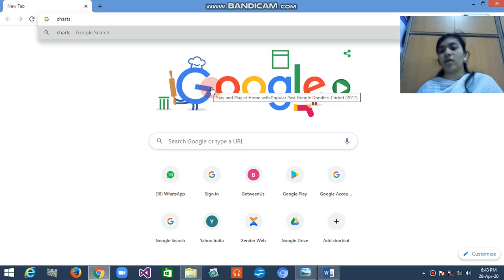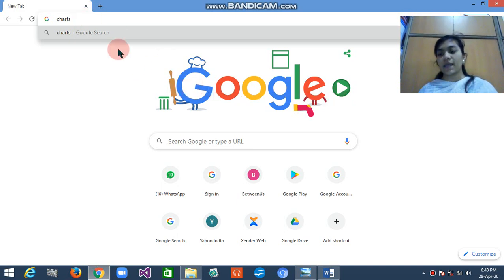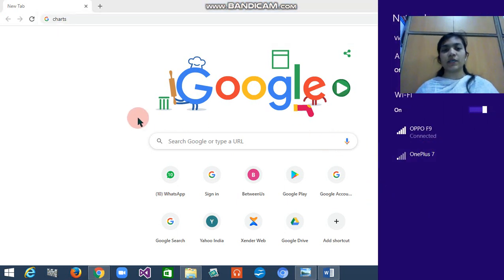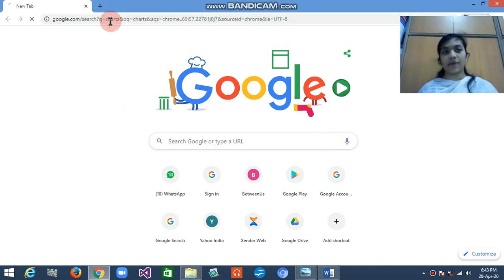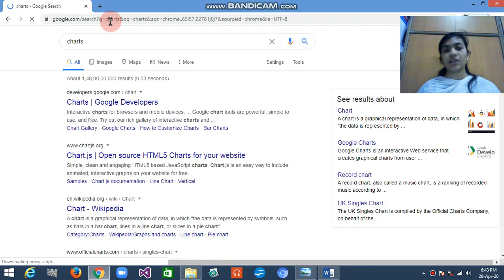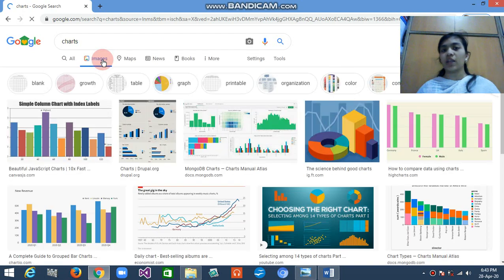If I already have Google open, I directly search for charts. When I click on this, you can see the suggestions. Even if you want to see images, you can also see the images. So these are the basic things that you already know.